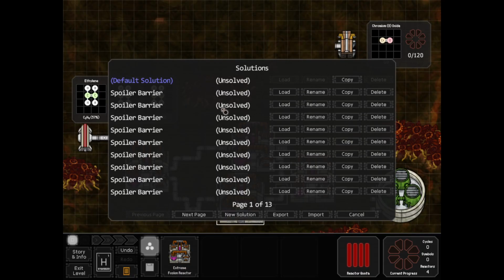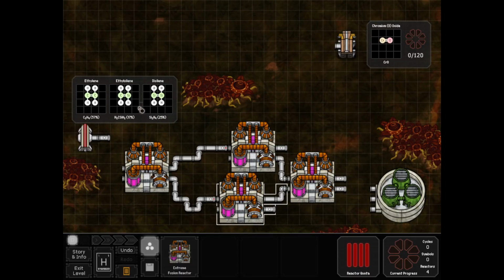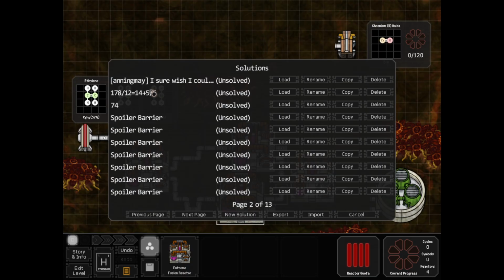So we can look at our first solution here, which is by Anning and called I Wish I Could Toss the H2CSiH2. So Anning wishes to just toss this away and use the other 2 inputs. And the numbers I have right here is the cycles per input. So this solution takes 14 plus 5/6 cycles per input and has a latency of 74, where